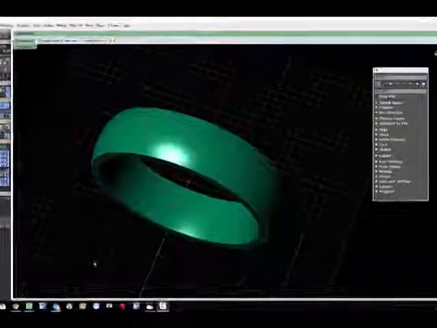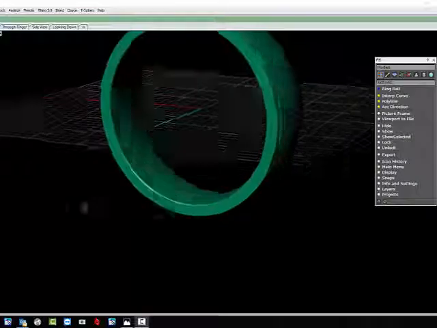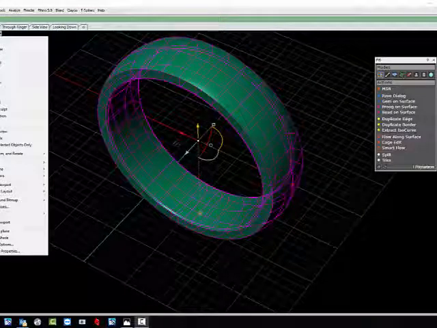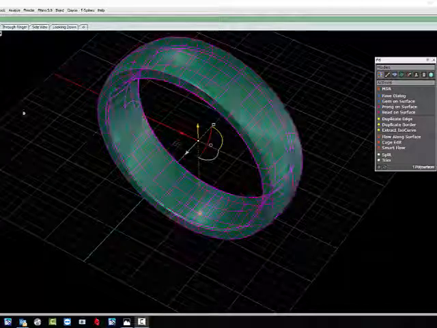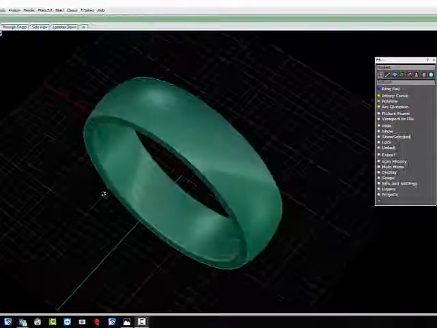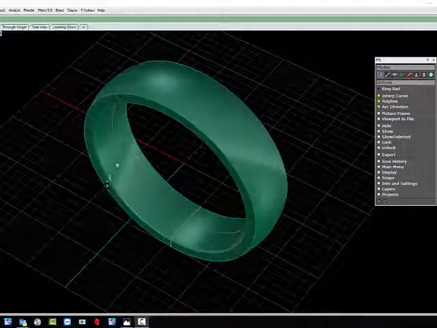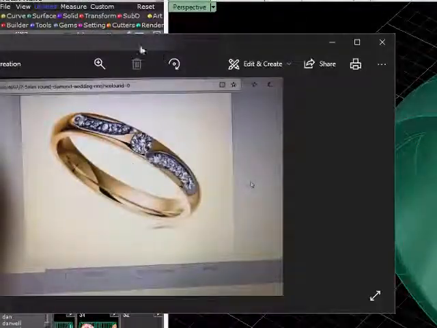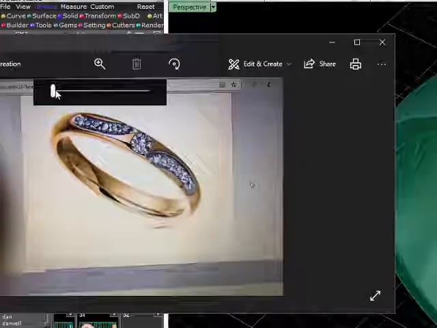Okay, so continuing from the basic form we have, let's go to a form we can see. So shaded probably. There we are. You can see all the details there. Want to put this curve pattern. This is the wedding band, and we can see